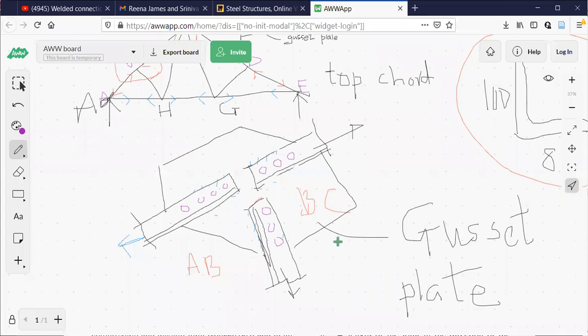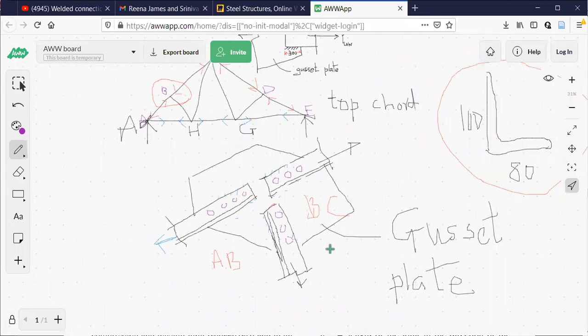This here is joint B. At joint B, three members, angle sections, are connected. Usually, as I told you, steel trusses are designed using only angle sections, not channel or I sections. You will come to know the reason later on. You go to any industry, look at the top, look at the truss. 99 out of 100 times, those are all angle sections.